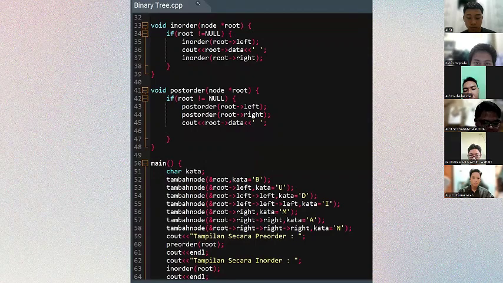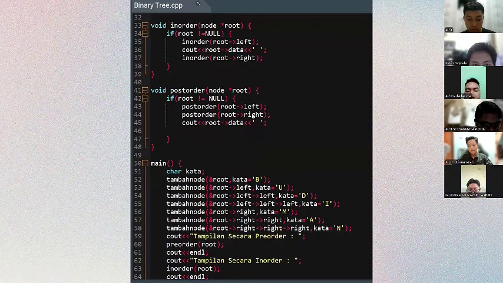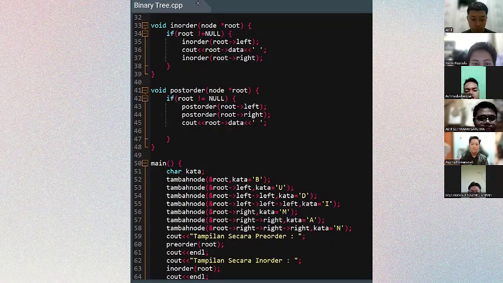And here there is a void inorder function, which is another command in the program with the command to check the data to the left side first, followed by the root, after that checking the data on the right side. And under it, there is still one more, the void postorder function command, where the left side will check data, after that it continues on the right side, and after that to the root. And this is the main program.